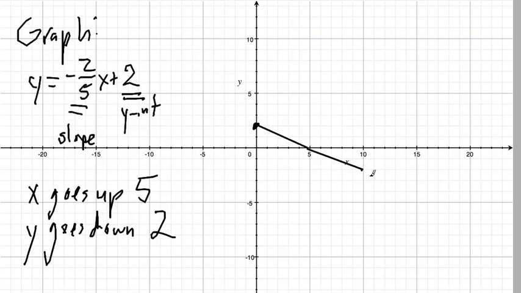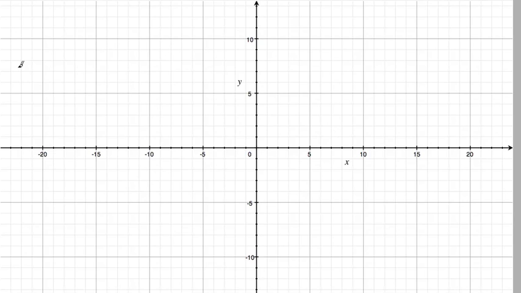And I can keep going along like that to get a graph of this line. And I can, if I go backwards, if I go 1, 2, 3, 4, 5 to the left, x is going down by 5, y will go up by 2. So I go up to here, and then up to here, and it just keeps going. There is a graph of my line. I didn't even have to plot any specific points because I just used, well, I plotted one point, which was the y-intercept, but then I used the slope to figure out other points along here. Fantastic. Now there's one final